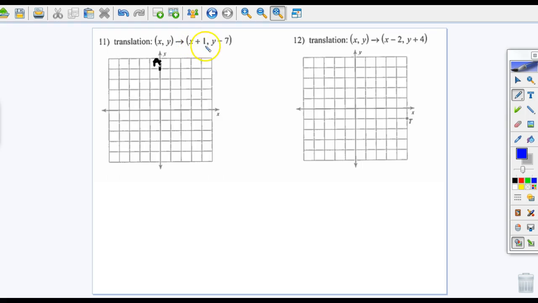So X tells me left or right, so it says X plus 1, that means if it's positive, I'm moving right 1. And then my Y tells me up and down. Since it's negative, I'm going to go down. So I'm going to translate it, and I'm going to put it in words here. Okay? So I'm going to go right 1